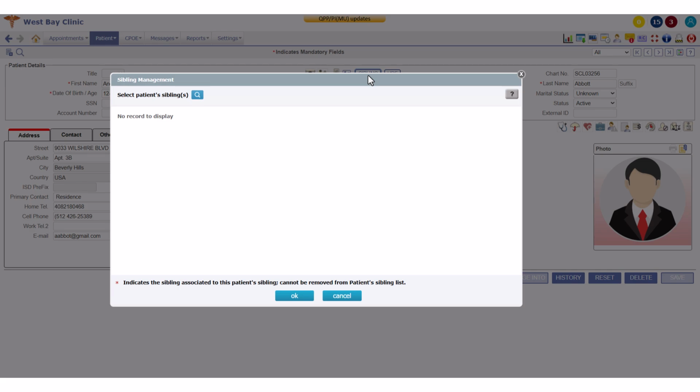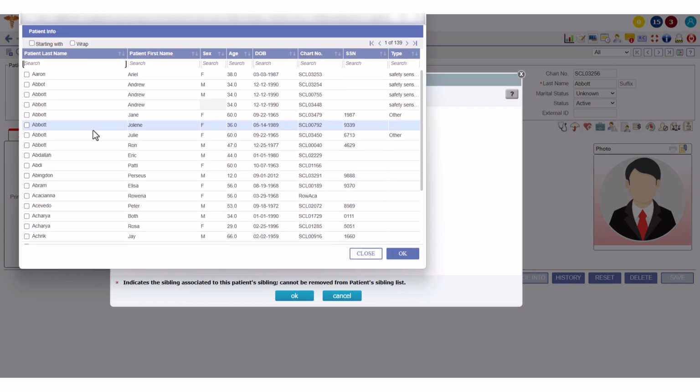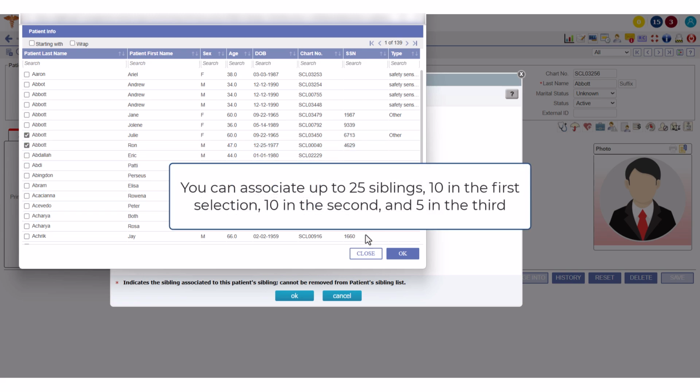To add a sibling, click the Find icon at the top right of the pop-up. This opens the Patient Info pop-up, which displays a list of patients registered with the clinic. Locate the sibling in the list, select their record, and click OK to add them. You can associate up to 25 siblings, 10 in the first selection, 10 in the second, and 5 in the